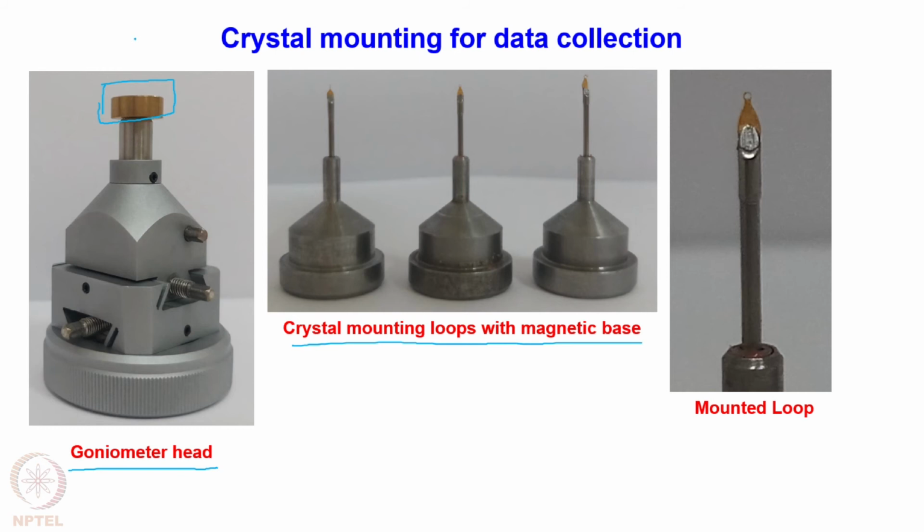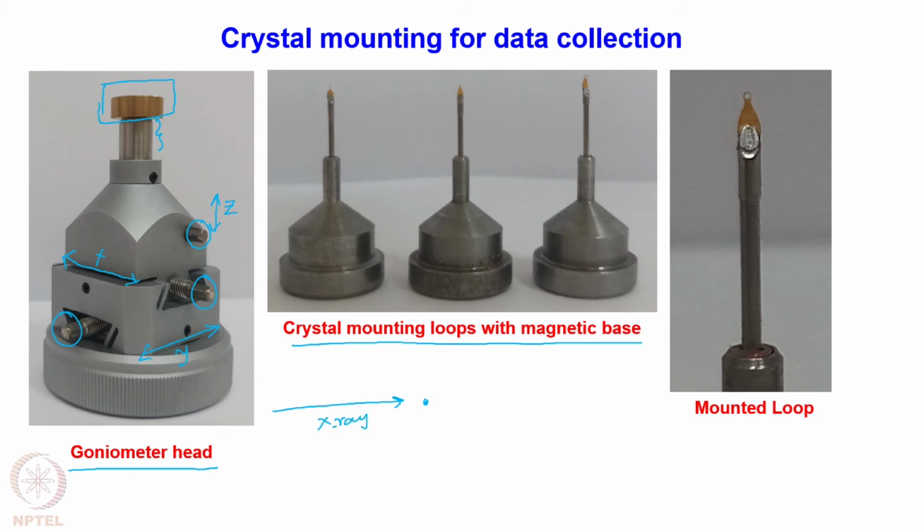So, to do that, this goniometer head has 3 screws. One is here, which allows you to increase or decrease the height of this goniometer head. So that controls this height. Here is a screw which can be rotated to move the goniometer head along the direction of x. If this direction is z and if this is x, then we have a third screw here which is used to move the crystal in another perpendicular direction, which may be y. So by those three screws, one can adjust the crystal in height, one can adjust its orientation x, and one can adjust the orientation y. So in this way, one can align the crystal in the